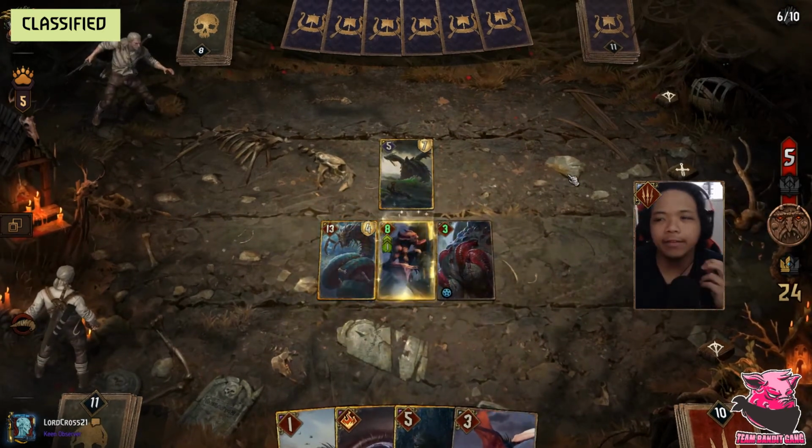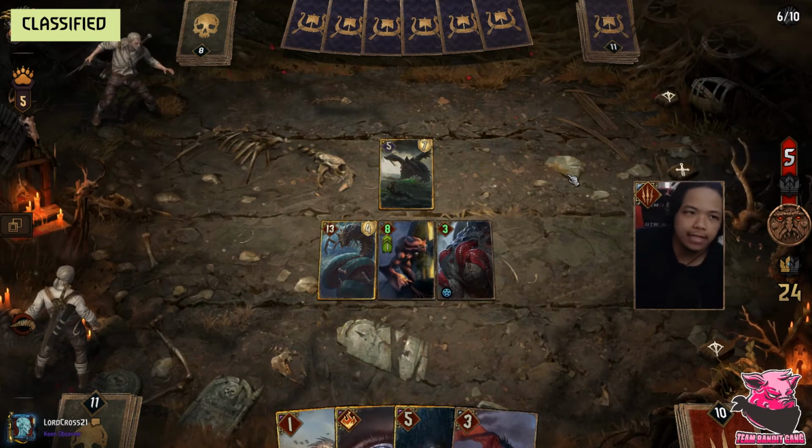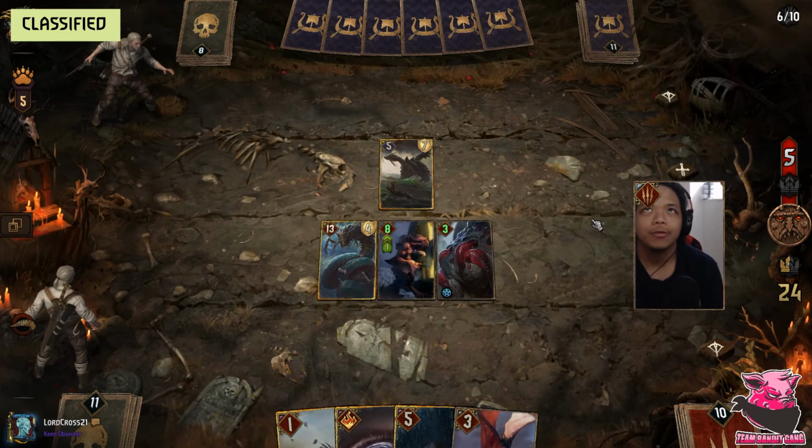Again, if he plays reactively, I can always pass, but I do need to set up Azrael for round 3, so that's kind of what I have to do. That's kind of what needs to happen, so...